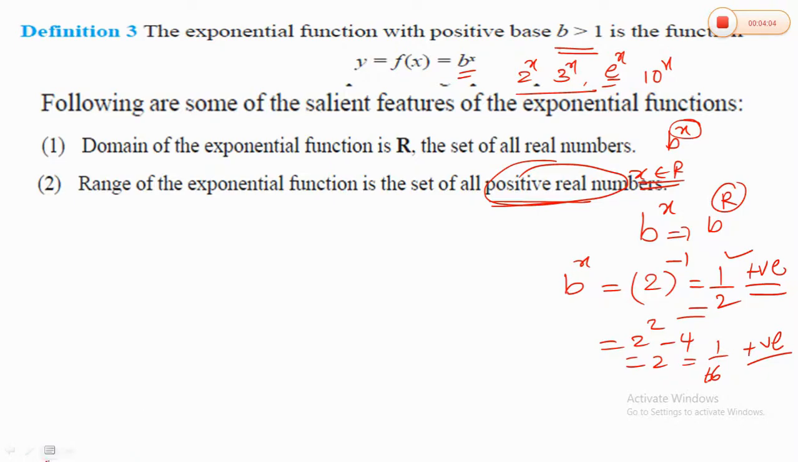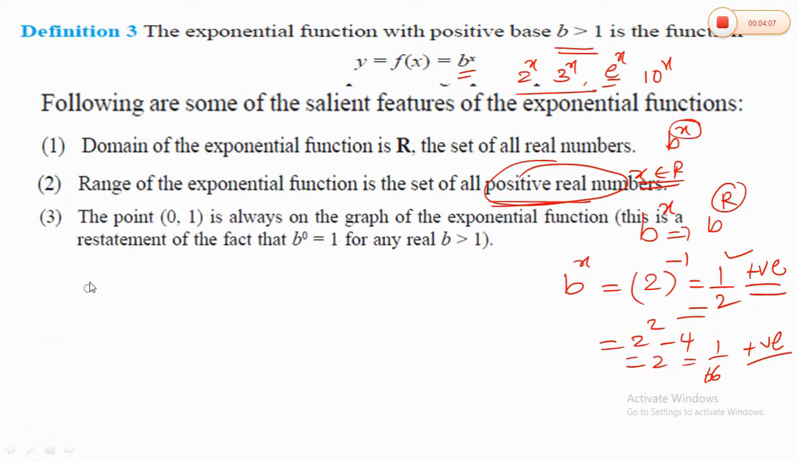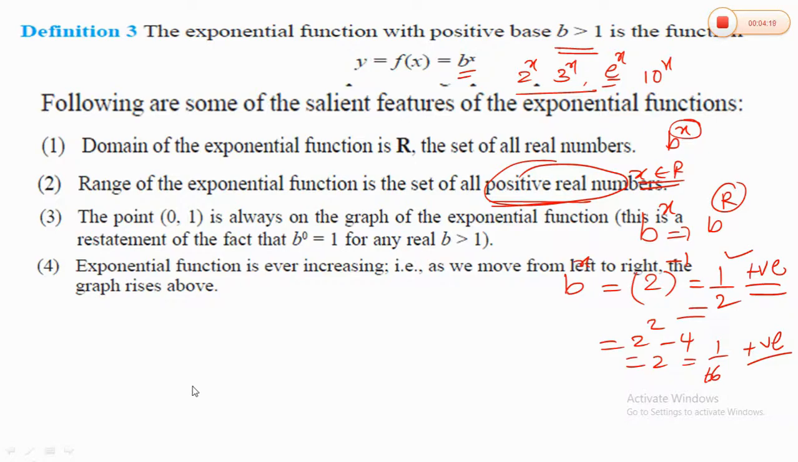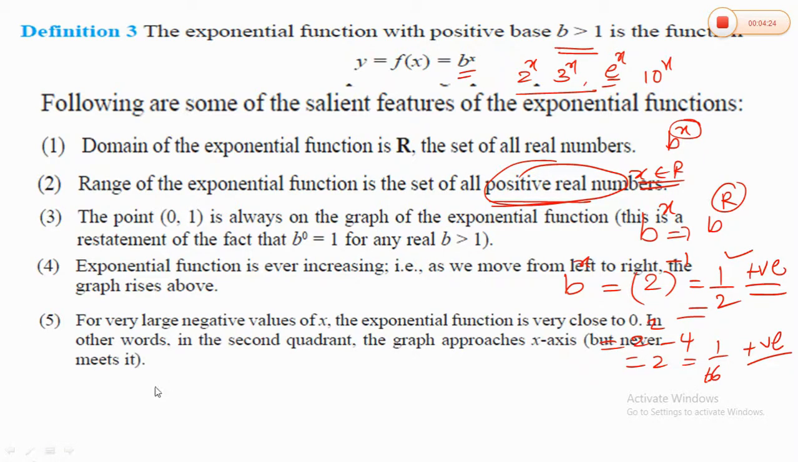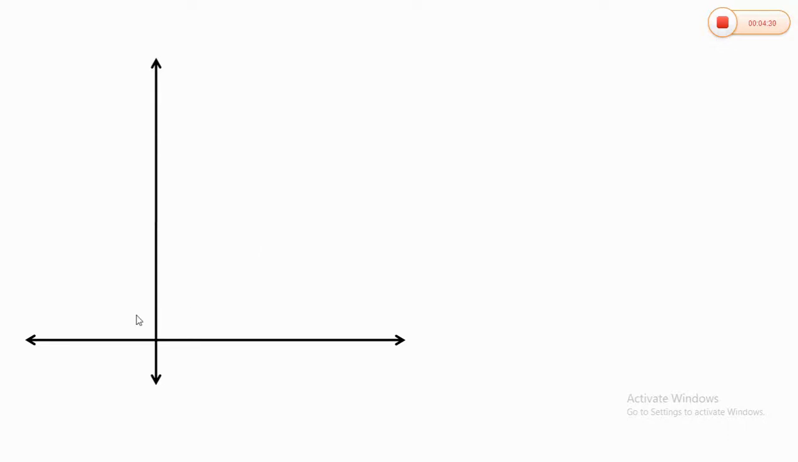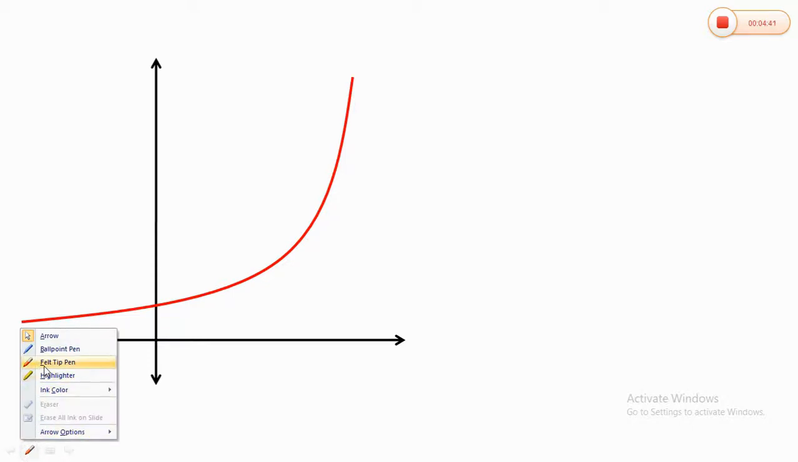Next, the point (0, 1) is always on the graph of the exponential function. I'll explain that next point here. Similarly, the exponential function is ever increasing. Observe the graph here. If you draw the graph of an exponential function, the nature of the graph is like this. As you move from left to right,